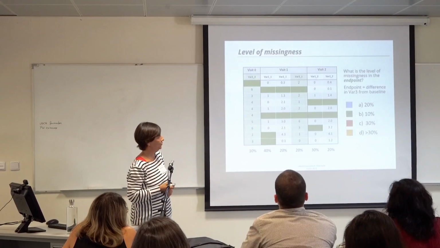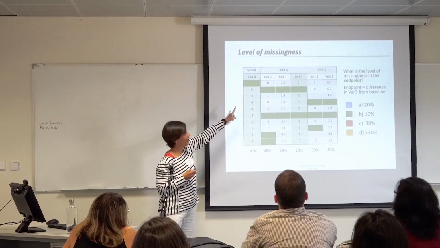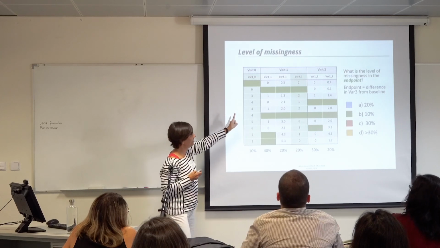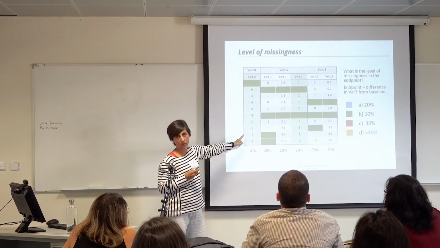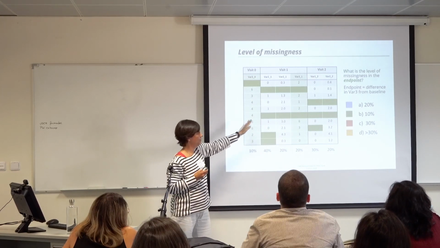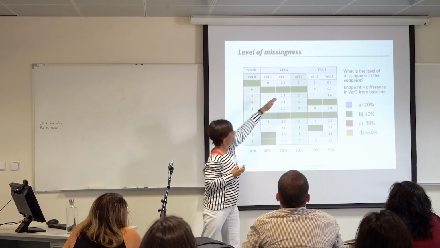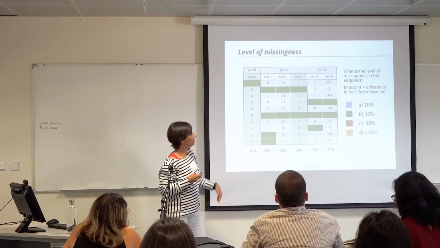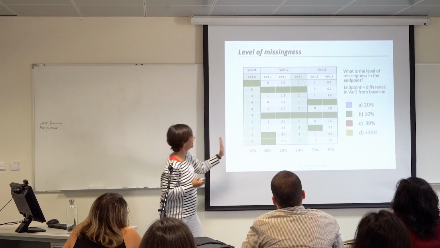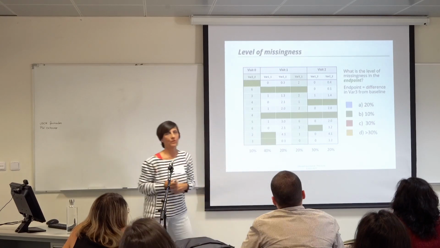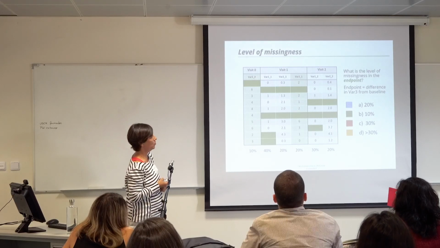Now, my question to you. Imagine variable 3 is the endpoint. The endpoint is variable 3 in visit 1 minus variable 3 in visit 0, okay? So it's the percentage of change. Imagine this is a scale, and I want this scale to get lower in the second visit. So what is the level of missingness for the endpoint, which is actually a combination of these two variables? What do you think it is? Is it 20%, 10, 30, or more than 30?